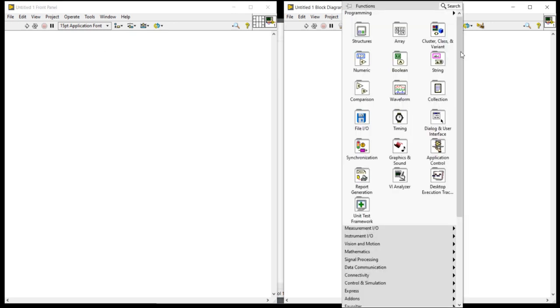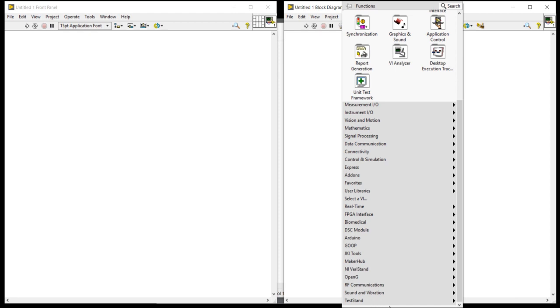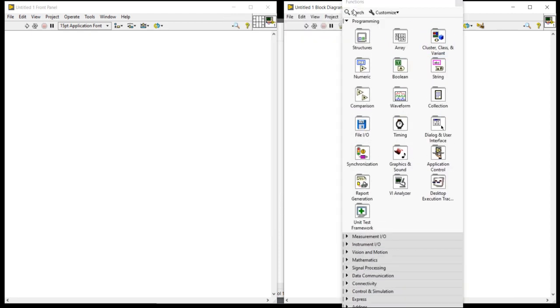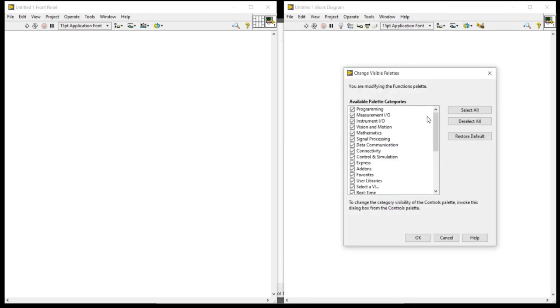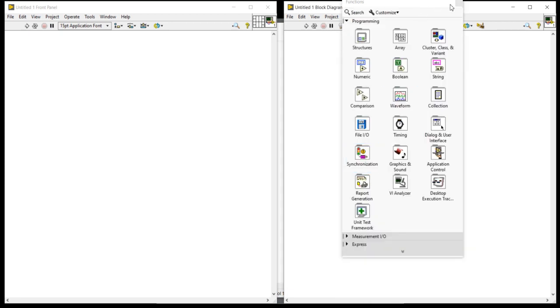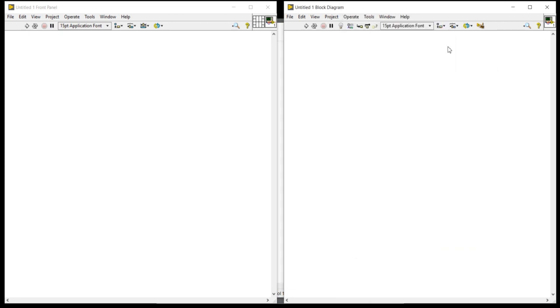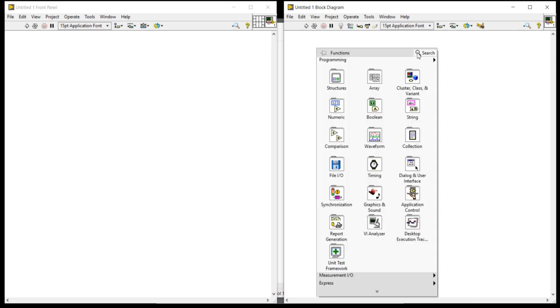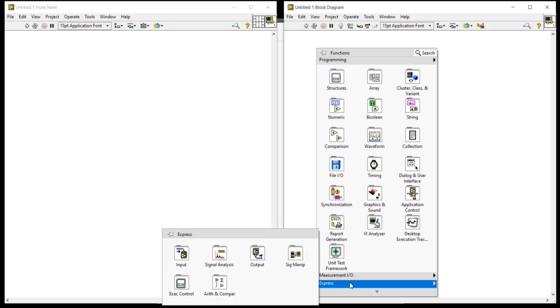Right click in the block diagram. Now right click here and come into Express.